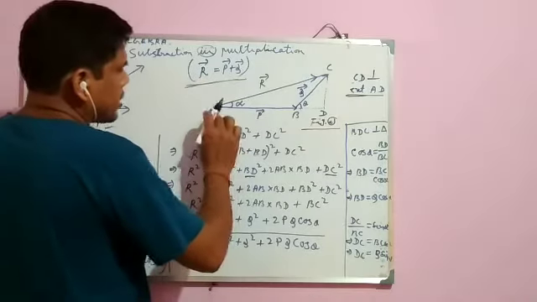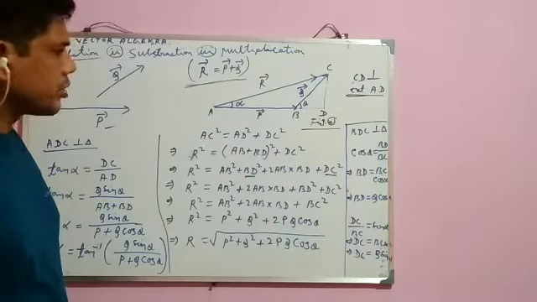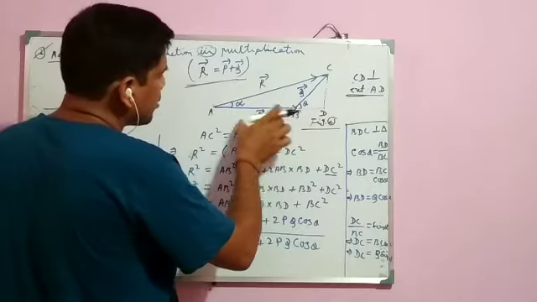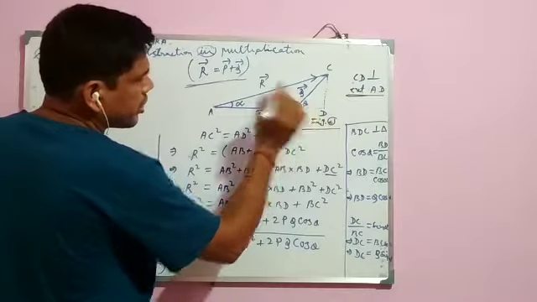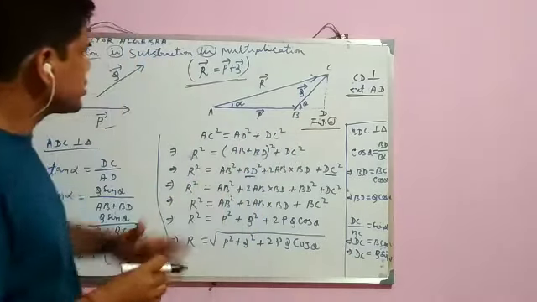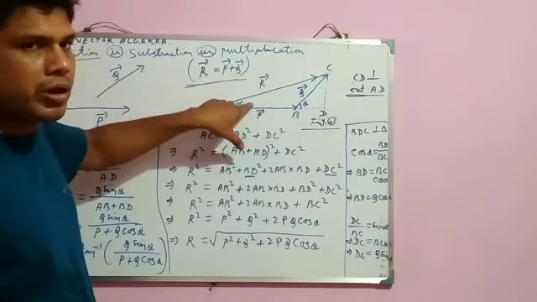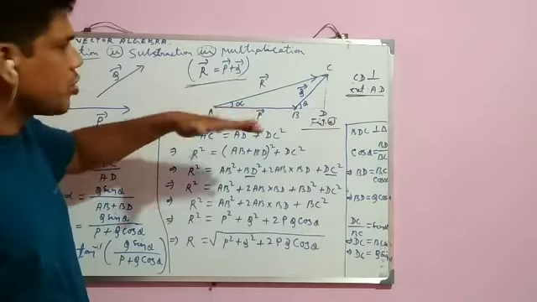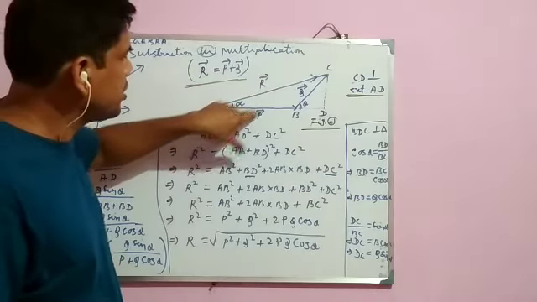Now see, this ADC is a right angle triangle. By applying the Pythagoras theorem, here we have considered the angle between vector P and vector Q as theta. It is represented by this theta angle, shown in figure 1. And the angle between the resultant vector R and vector P is alpha, because this angle gives the direction of the resultant vector after addition of these two vectors, vector P and vector Q.